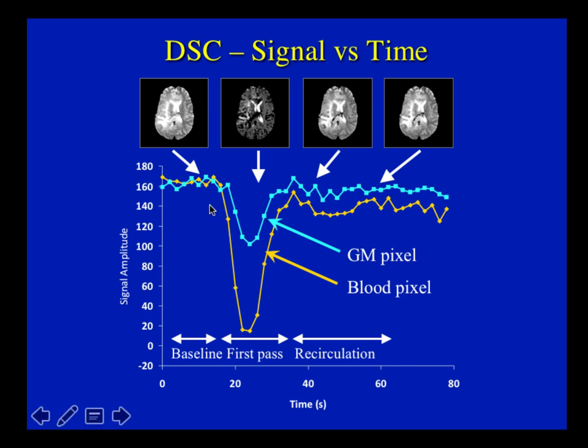Here we see that the signal intensity loss in the gray matter is much smaller compared to the signal intensity loss in the blood pixel, and that is due to the fact that the concentration of the contrast agent in blood is much higher than the contrast agent concentration in tissue. So the signal loss gives you some information about the amount of gadolinium present in the tissue at any